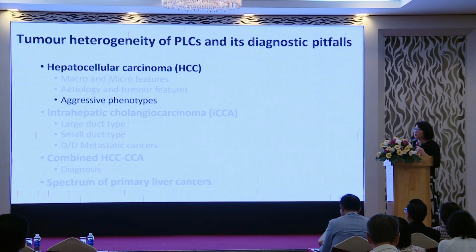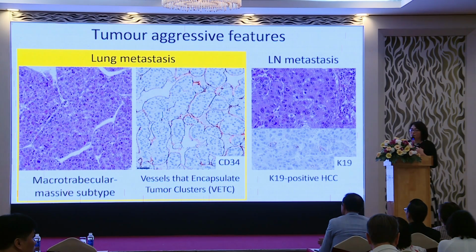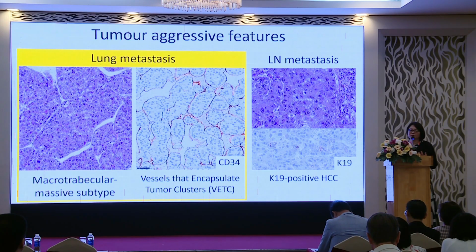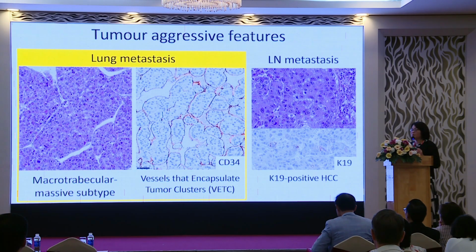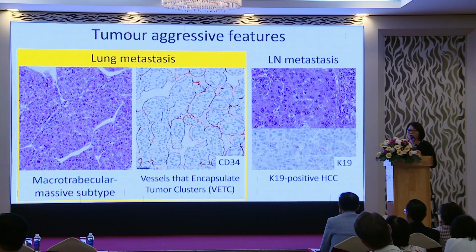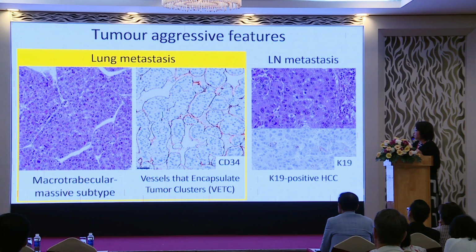So now, we are moving on to the aggressive phenotype of ACC. I need to emphasize to all of you that when you make a diagnosis of ACC, making a tumor differentiation is not enough to characterize the tumor anymore, because we have so many different aspects that can really predict tumor aggressiveness in ACC. And here I would like to present 3 different subtypes which really affect the patient prognosis.